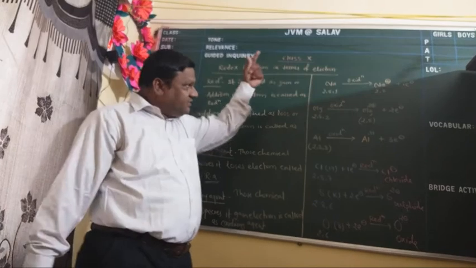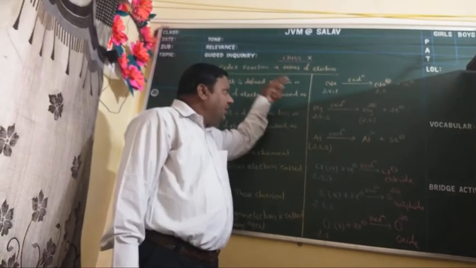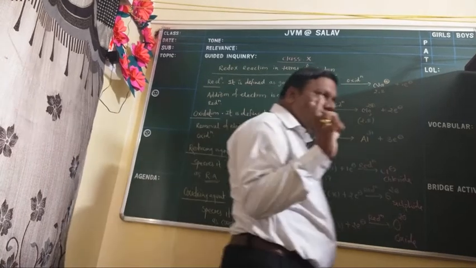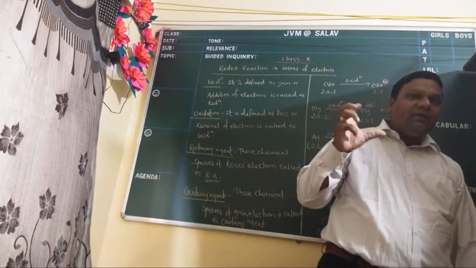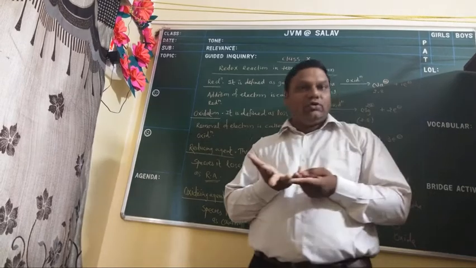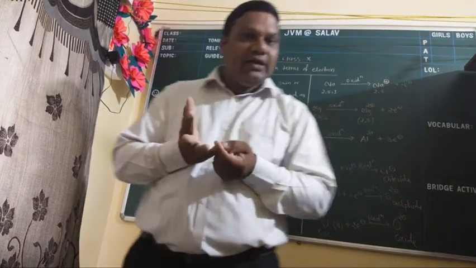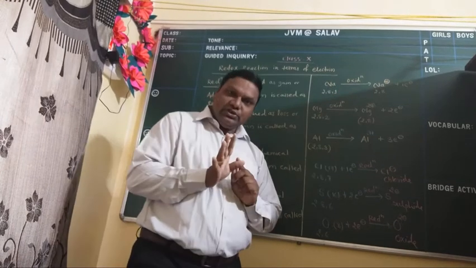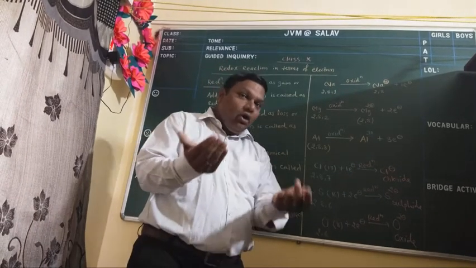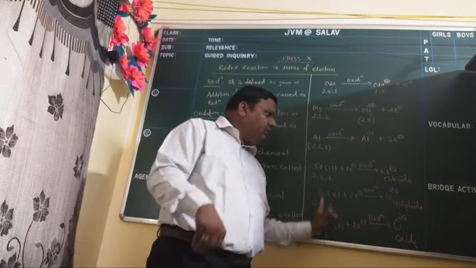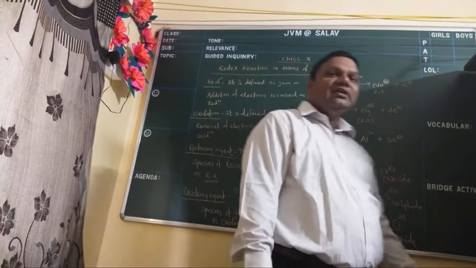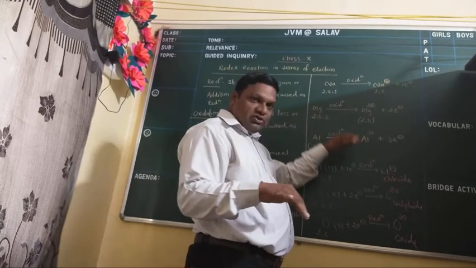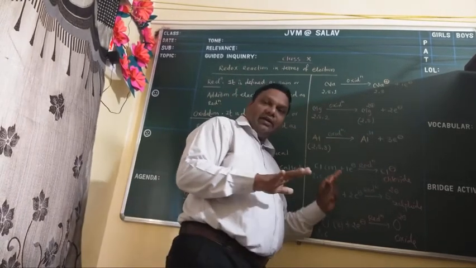Now listen carefully. Generally remember, metals are always oxidized. You know the terms metal and non-metal. Metals have a tendency to lose electrons for completion of octet, and when they have a tendency to lose electrons, that is called oxidation. And non-metals always gain electrons for completion of octet, therefore they are easily reduced. Understood? So metals are oxidized and non-metals are reduced.